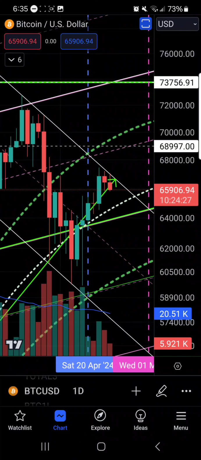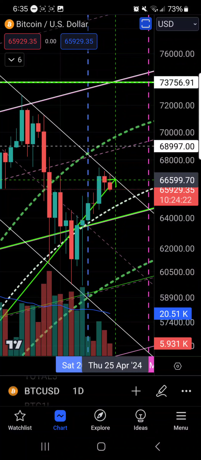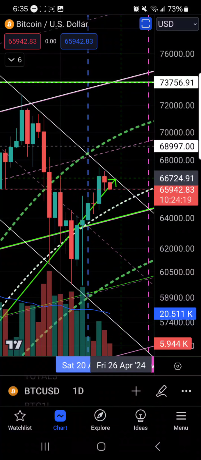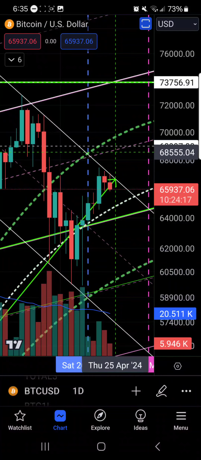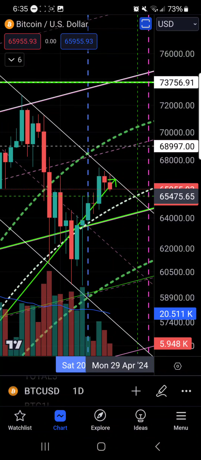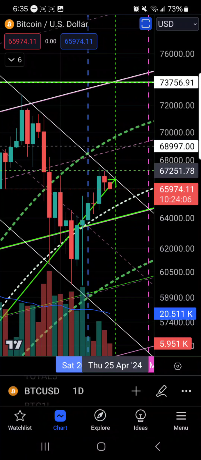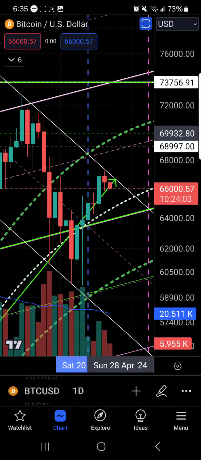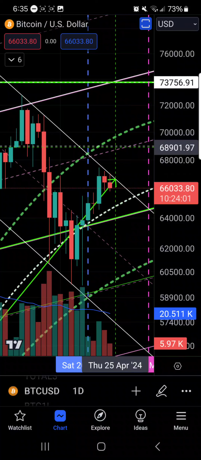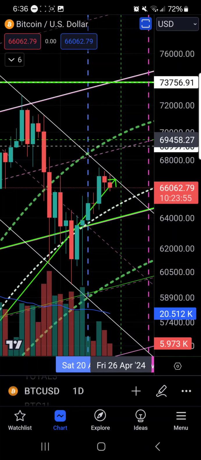And we're seeing this rejection here. With all this testing here, I was kind of concerned that we would break through. It sounds weird to say that I was concerned, but it would go against what I believe is going to happen. And I did think there is a possibility that we would pump up to the top of the daily Gaussian channel here as a fake out. That certainly is on the table still. We could see a fake out up to the top of the daily Gaussian channel. That would be around 69,000.